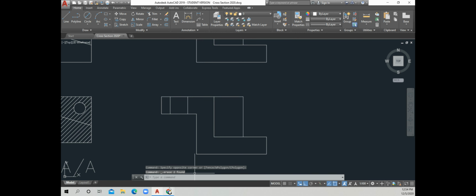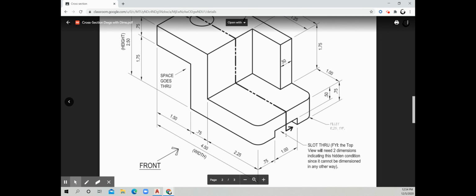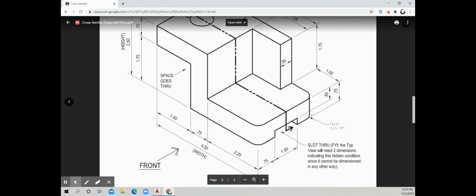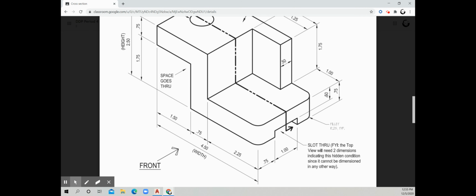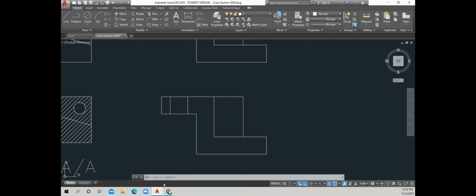Now there's a slot down here. So let's see. From this view, we're really only worried about the height of the slot because it goes from end to end only in this part. So let's see here. You're looking at 0.5 for here, 0.75 all the way. So 0.75 minus 0.5 is 0.25. I don't see any other measurement other than doing that math. So if we offset this by 0.25,